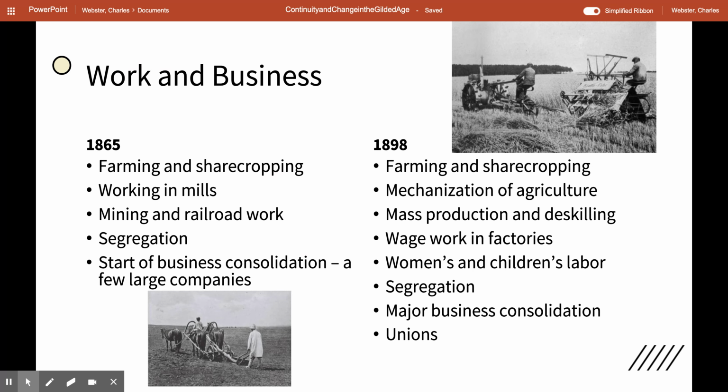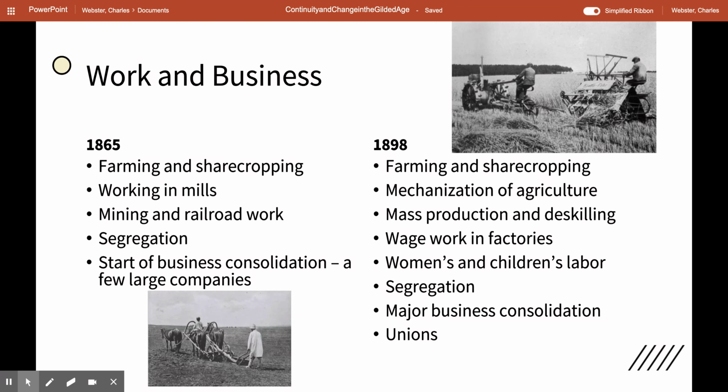Many African Americans had transitioned from working as slave laborers on plantations in the South to now working as sharecroppers in 1865, where they would work portions of plantations in return for a pretty measly share of the profits. In fact, most work in the United States was segregated by race. It was pretty uncommon for whites, African Americans, Chinese laborers, or Mexican American laborers to work side by side anywhere